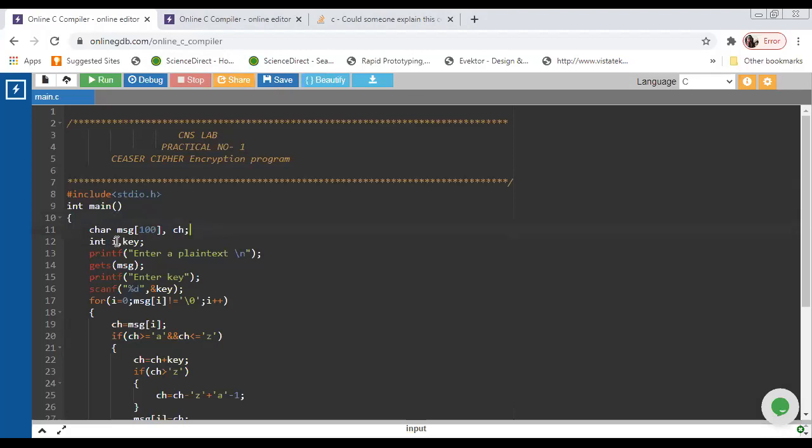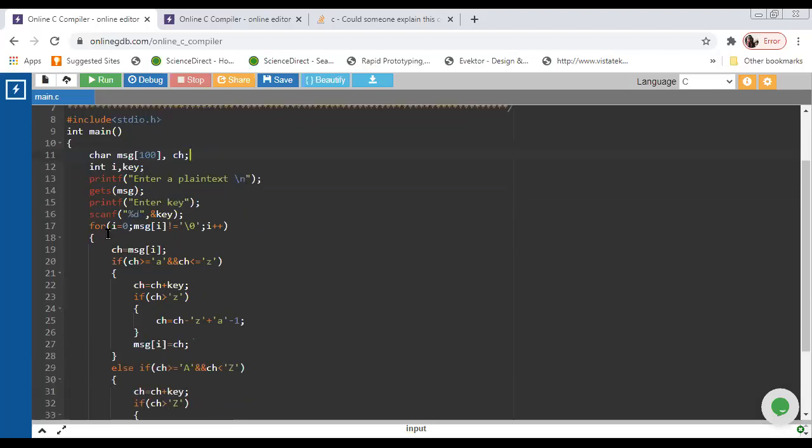Then we take integer i for the loop, and key, which may be any key like 4, 5, 6 or 3. We instruct the user to enter plain text like hello, then ask the user for a key, and the scanf function gets the key for future use.